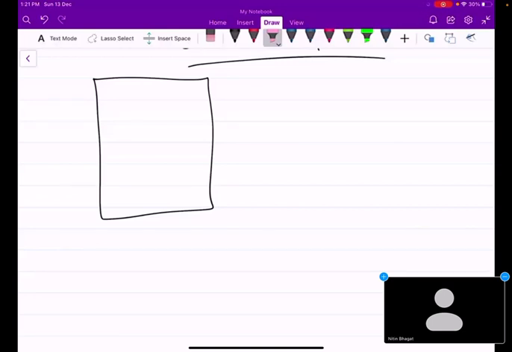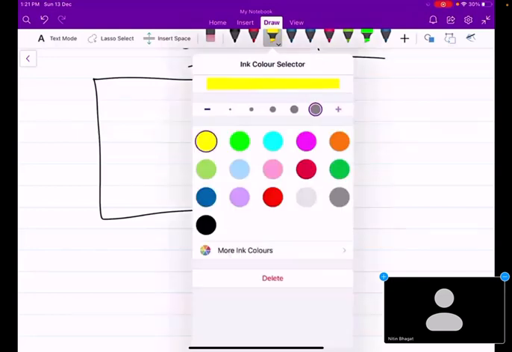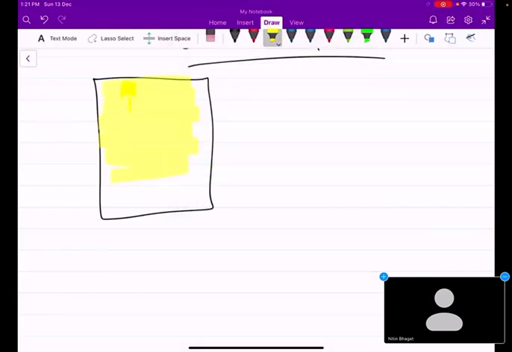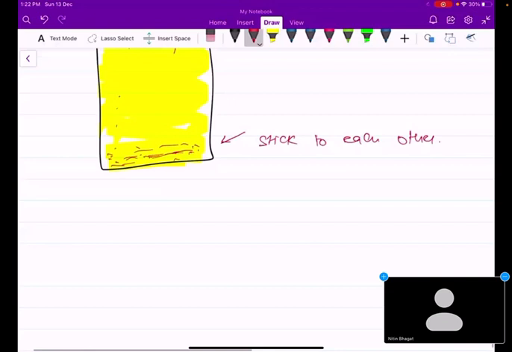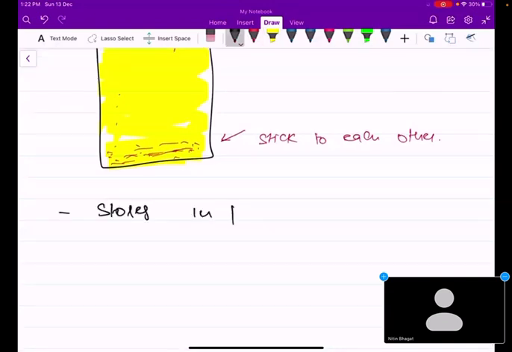Okay, so let's say these are the platelets. If you keep this bag in the fridge, what will happen? The plasma will remain on the top and the platelets will begin to settle at the bottom. Now these platelets will stick to each other and they are destroyed. So what do we do? It should be stored in